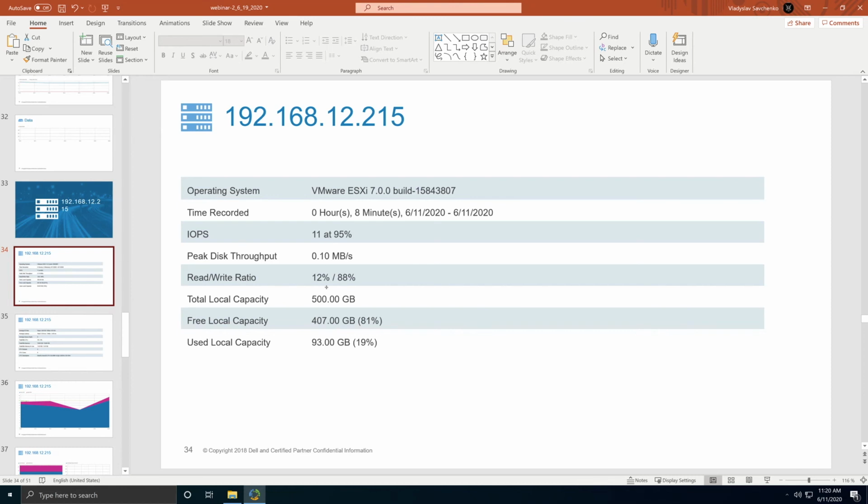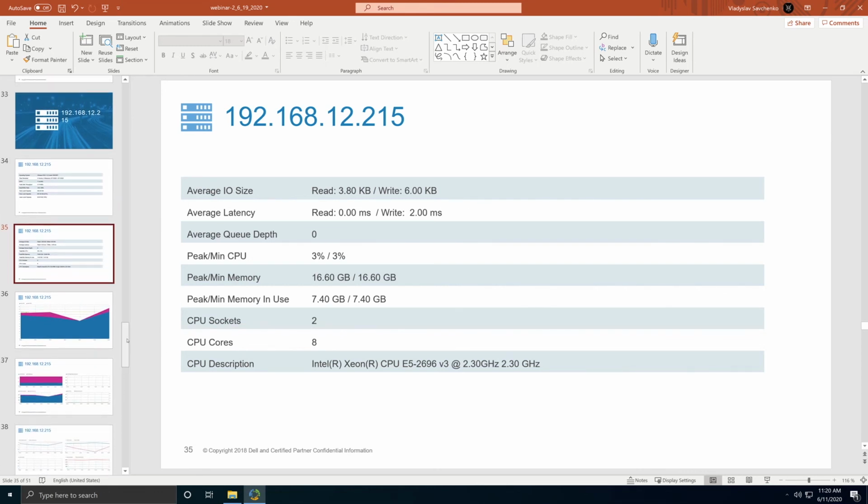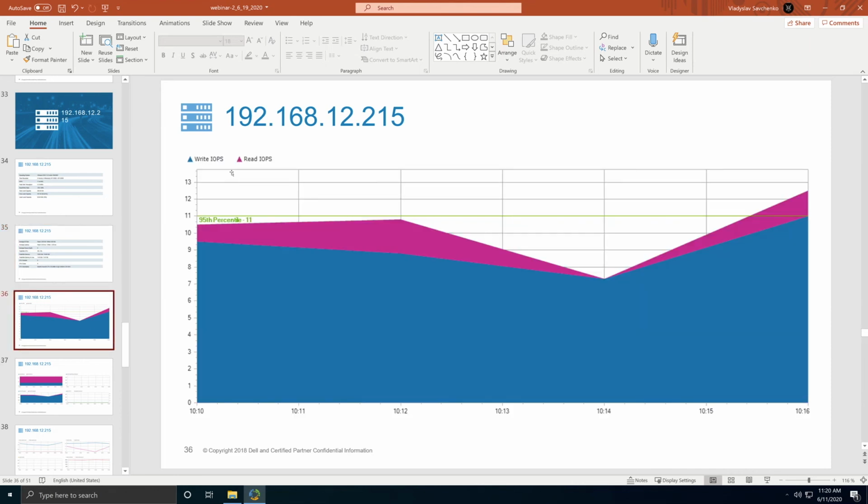As well, the read-write ratio is different. On that server, it was the read ratio more. Here it's write ratio more. So next, what we can see. Based on all of the information, I would say we are currently not utilizing the storage of this host at all. So it can give us information that we just need to distribute the workload from that server to this one just to unload that server. As well, the same information for write, read IOPS,